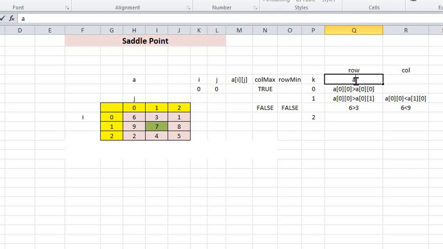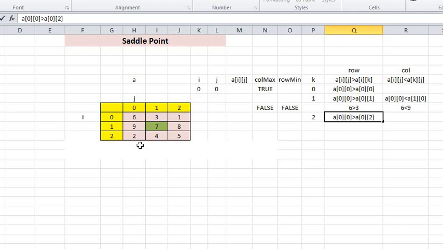So for the row, I am checking A of ij is greater than A of ik. And similarly for column, I will be checking if A of ij is lesser than A of kj. Now, for the second term, i is 0, and j is also 0 right now,